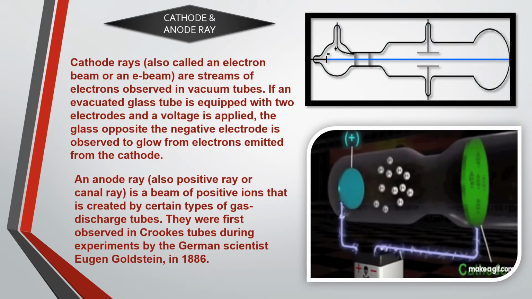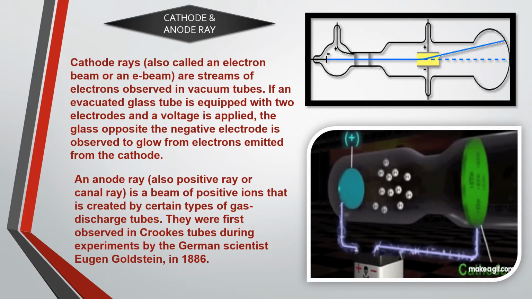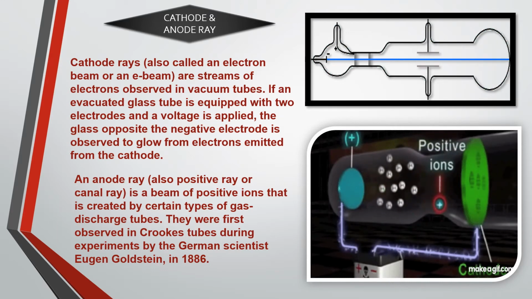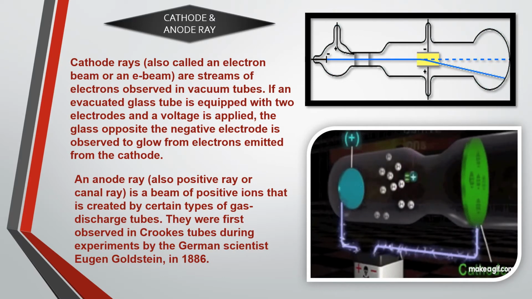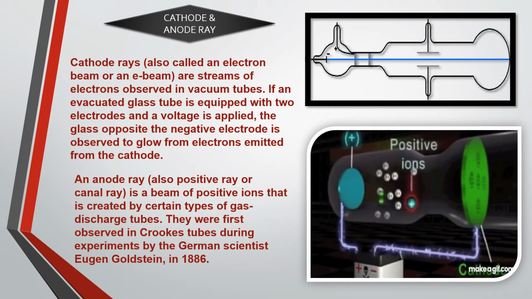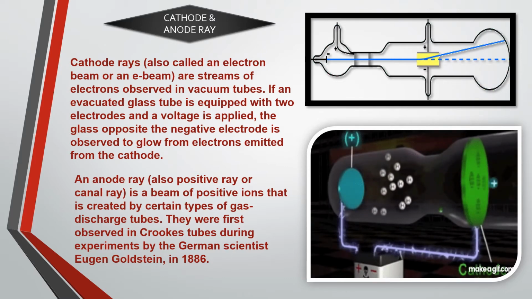Actually, among the subatomic particles, electron was discovered first. Cathode rays are produced by passing electric discharge from a high potential source through a gas at very low pressure, that is 0.01 millimeter of Hg, that is mercury. Please follow your book also. In a glass tube provided with two metallic electrodes, you can see the first diagram. It has been clearly shown in a glass tube, blue color cathode ray is passing from cathode to anode.